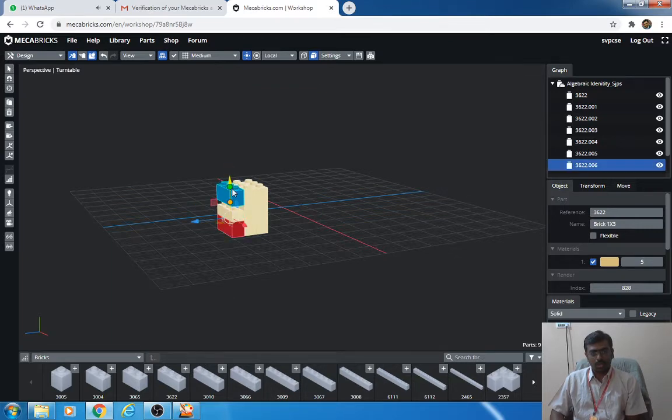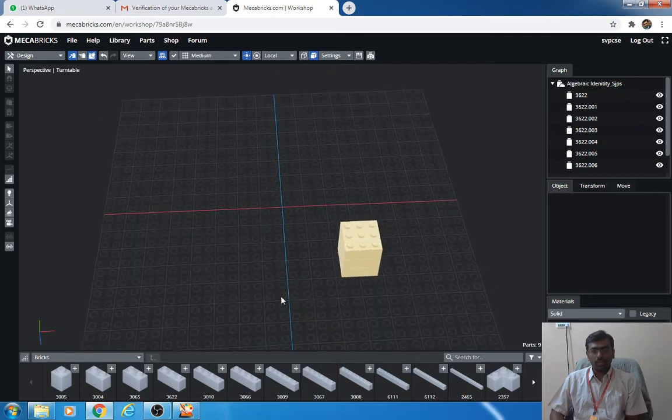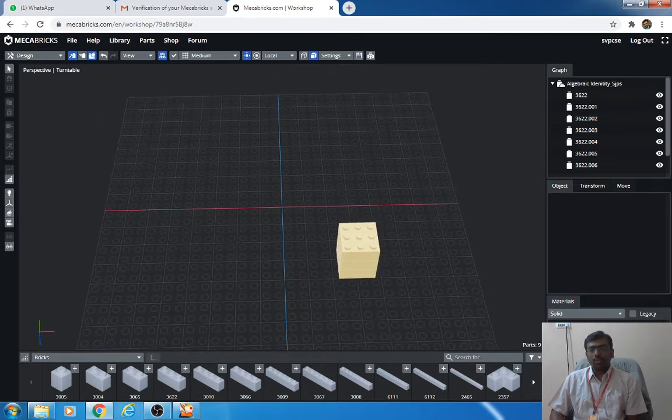This one I have made a little bit lower, just equalizing the part. So if you see, I have made a cubical structure. Now choose a different color for contrast.